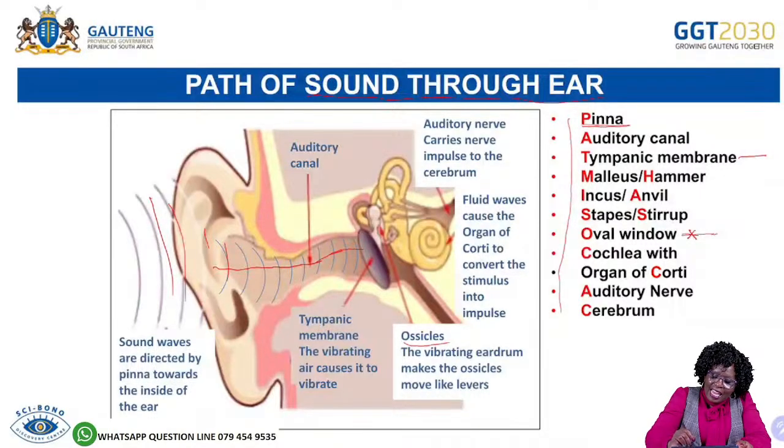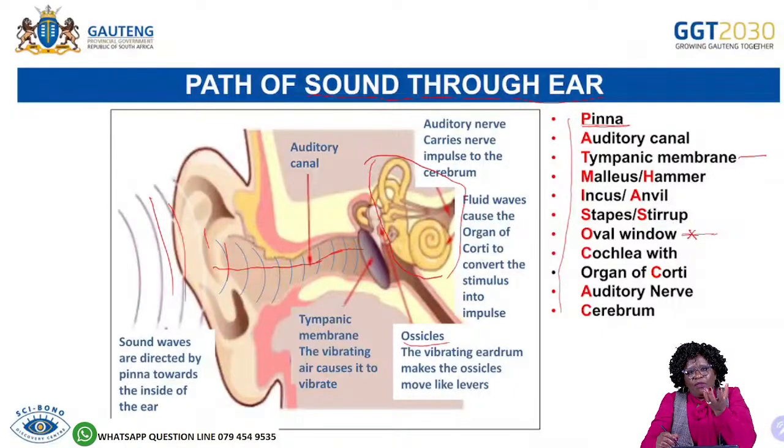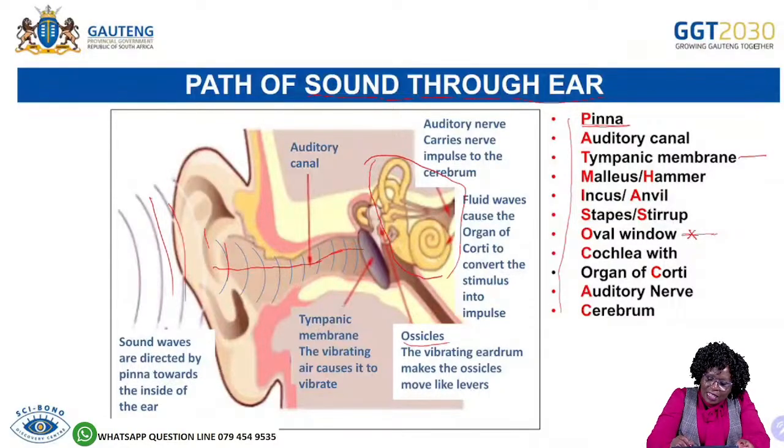Because the inner ear, if you check this, now this is the inner ear. The inner ear is embedded in the fluid, which is called the endolymph. The middle ear is air-filled, but the inner ear has got fluid. Therefore, now what will happen is that the fluid waves cause the organ of Corti to convert stimulus into an